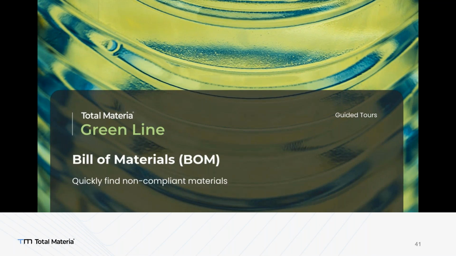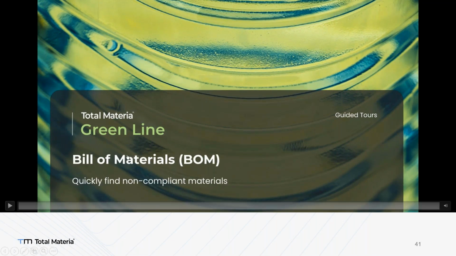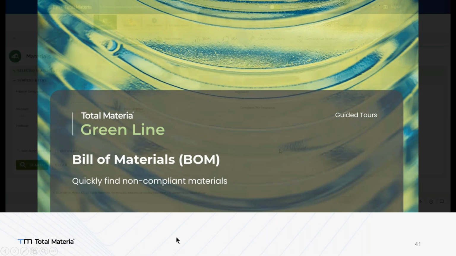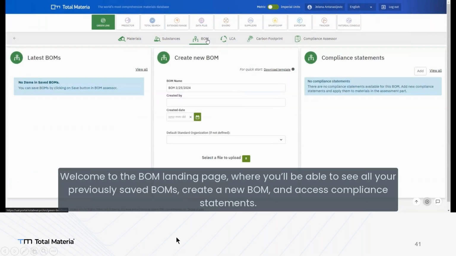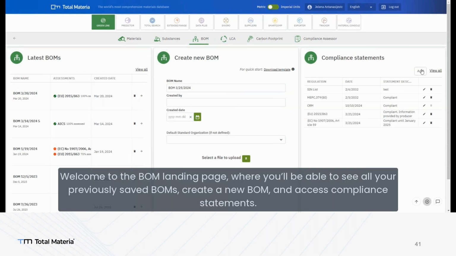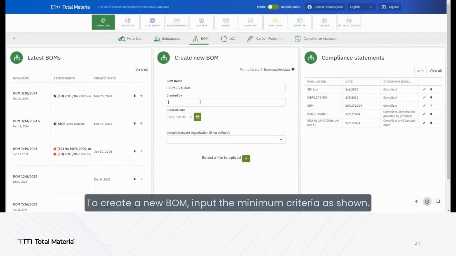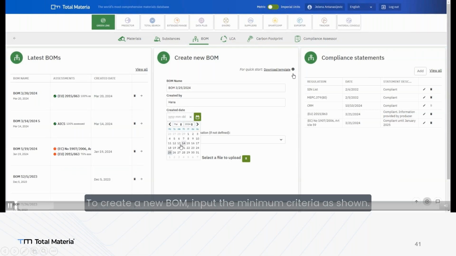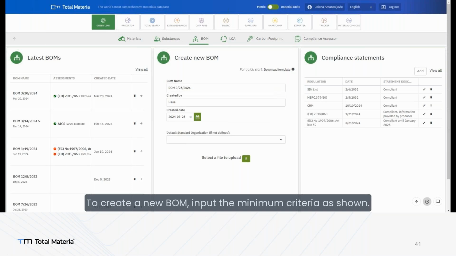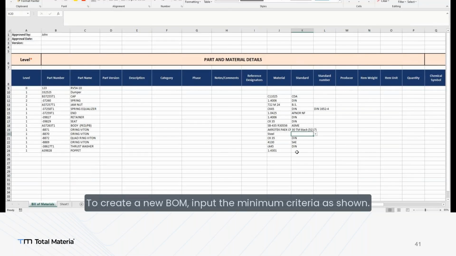Here's another tool, which is bill of materials, because so many of our users are using thousands of materials at the same time. One by one will be very hard for you to check if they are compliant or not. But once you download the template, you fill in your materials information here, the name of your file. When you create this file, use your template.